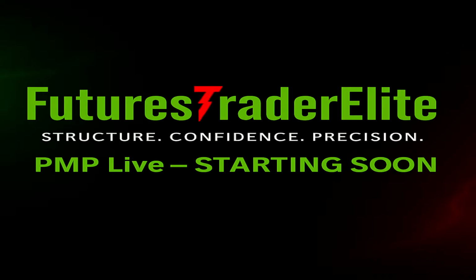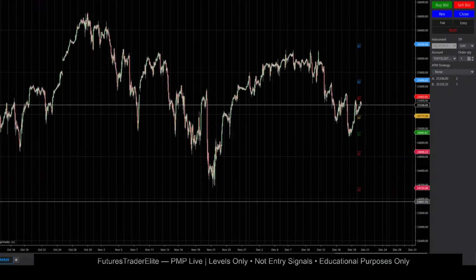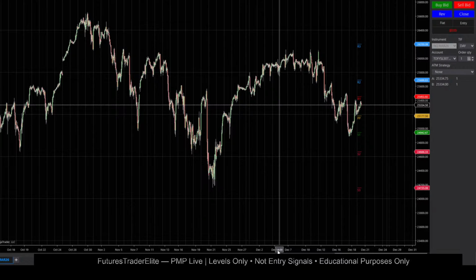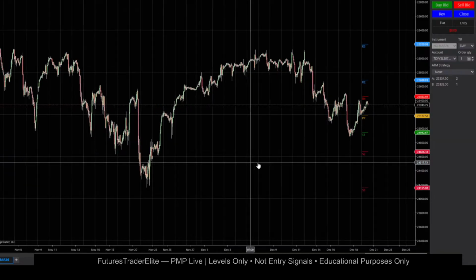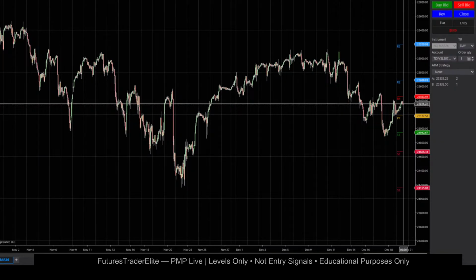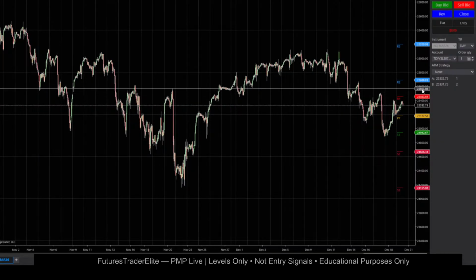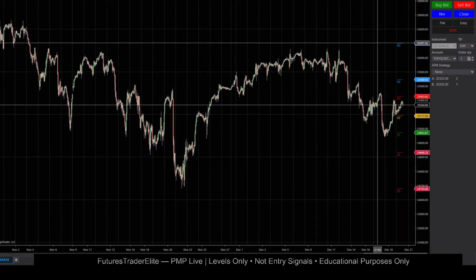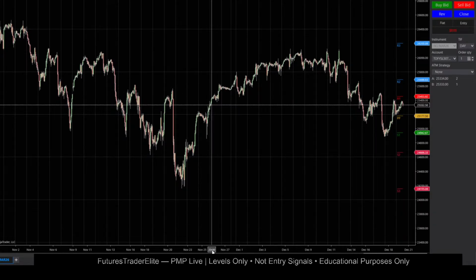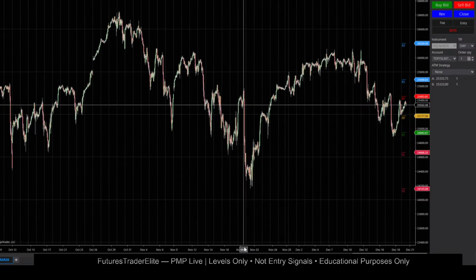We're going to jump into some levels here on NQ. Let's get this chart pulled up. Alright, this is on the 1 hour chart. As you can see, I don't have any drawings on right now. I wanted to be able to look at the high time frame structure without all the busyness of everything on there. So if we look at this high time frame structure,